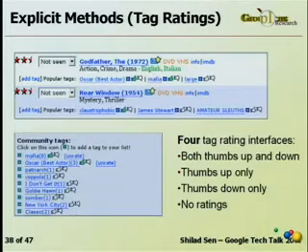So we also looked at explicit measures based on tag ratings for determining tag quality. And here you can see the interface we used. We just stuck a little thumbs up, thumbs down widget near each of the tags. If a user rated a tag thumbs up, it would slide to the front of their list. If they rated it thumbs down, it would fall off their list.